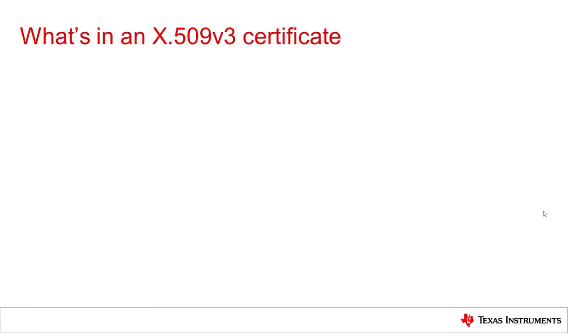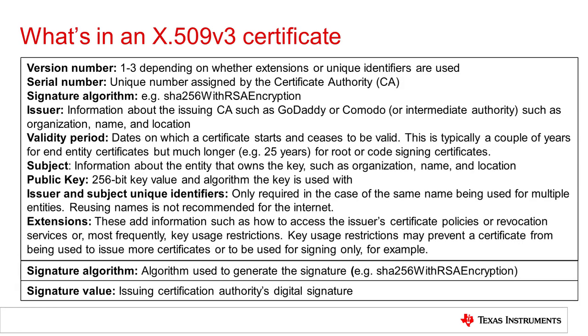To get a better understanding of certificates, let's look at what they contain in more detail. An X509 certificate has a number of fields. There's a couple I want to emphasize right away, particularly in relation to the earlier discussion we had on asymmetric encryption in the previous module. First, there is a public key. A certificate is essentially a way to pass a public key to the receiving party.